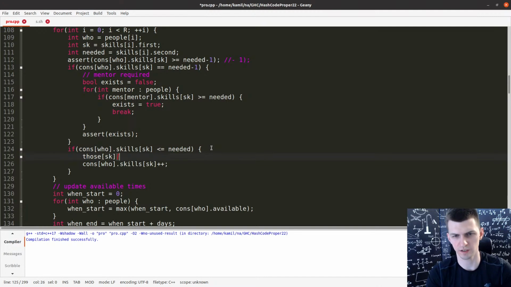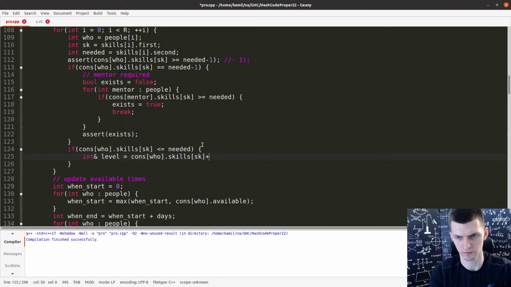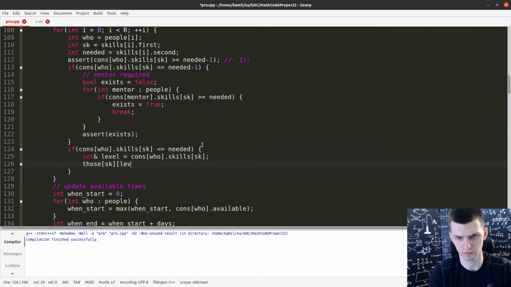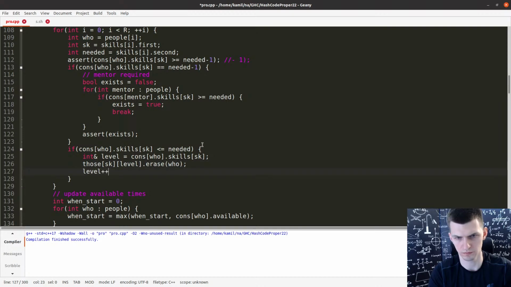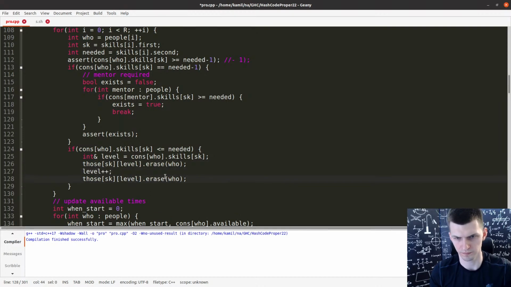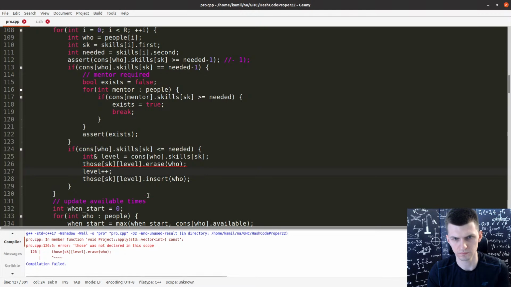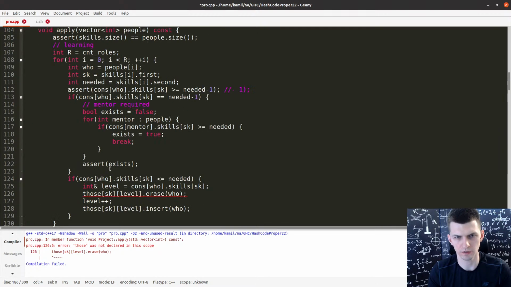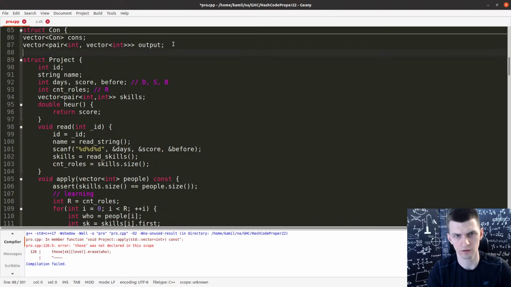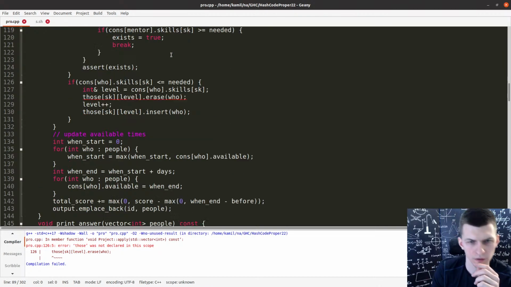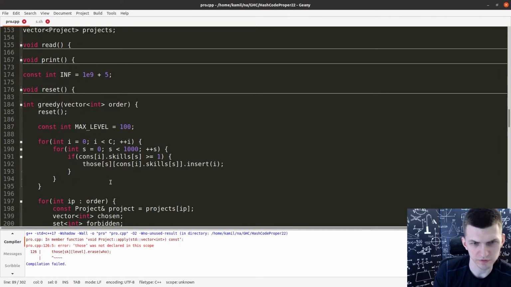Those of this skill and the level, now those need to be global, of course. And I initialize it when resetting, I think.